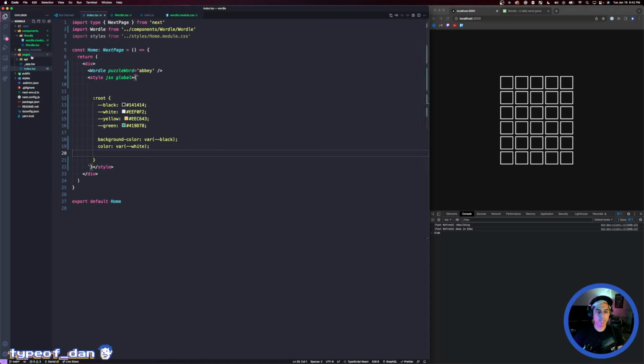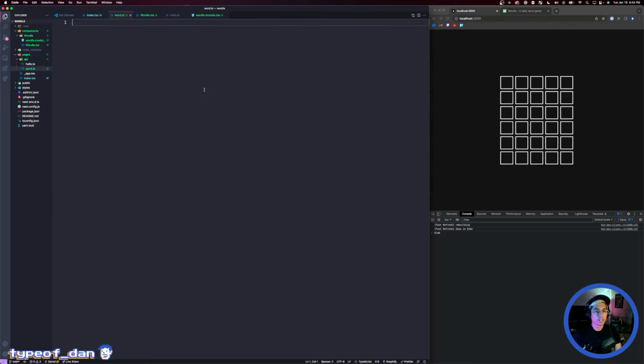But in the same pages folder, we have this API folder, and in this API folder, you can create API endpoints. So for instance, I can really easily make an API endpoint that is like get word, or let's just call it word.ts. And let's say that our word database is,